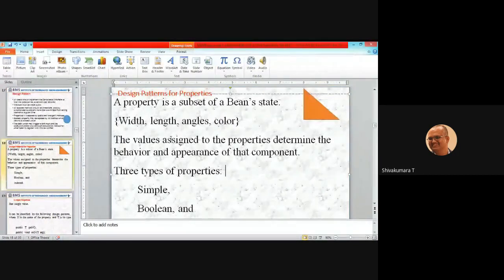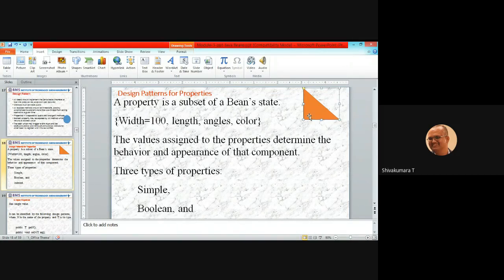Similarly, the values assigned to the properties determine the behavior and appearance of that component. Suppose you assign the width equal to 100. If you increase the size of the width, what does it determine? Appearance. It appears a little bigger in shape. If you increase the length or height, the appearance is a little bigger in size.